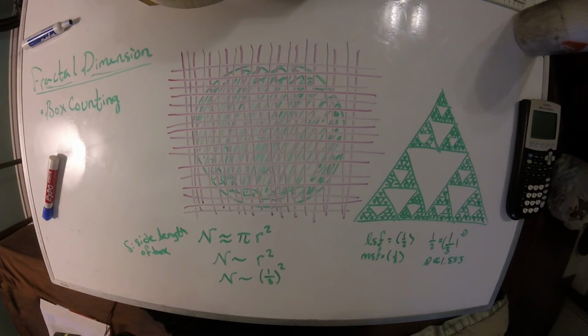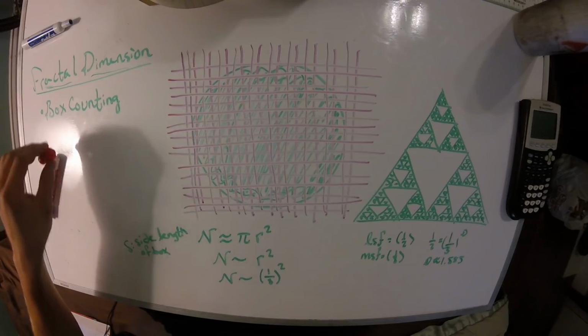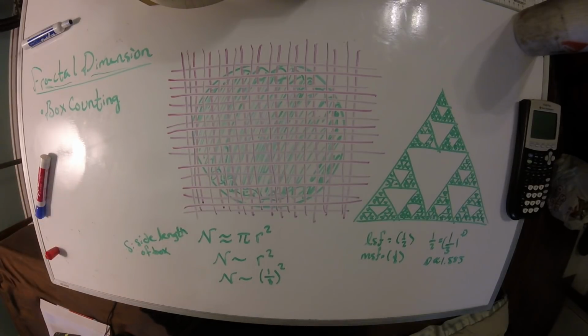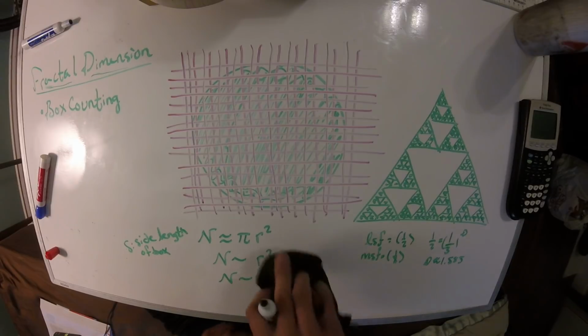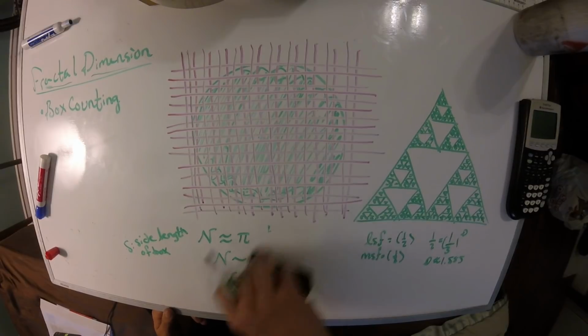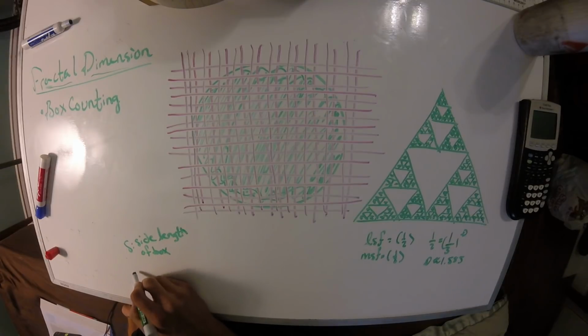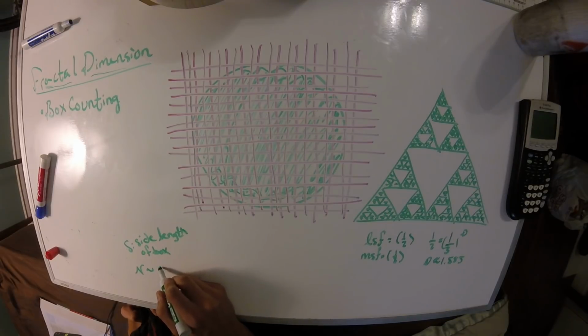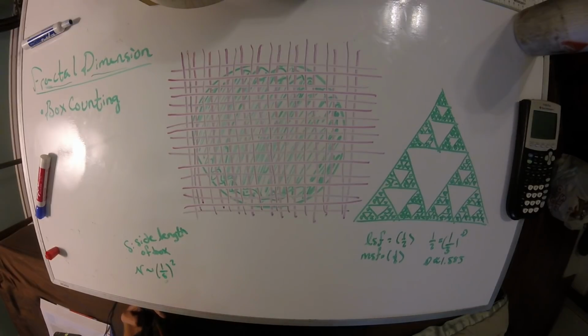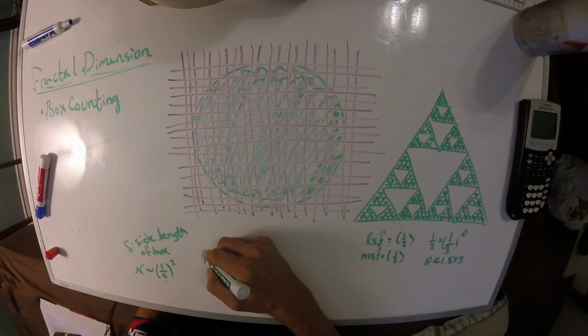Okay, so what this means here is that, and I'm just gonna make some room over here. I'm gonna rewrite this last line because this is the line that's important to us. So n is proportional to 1 over s squared. So what this means is that if we plotted n